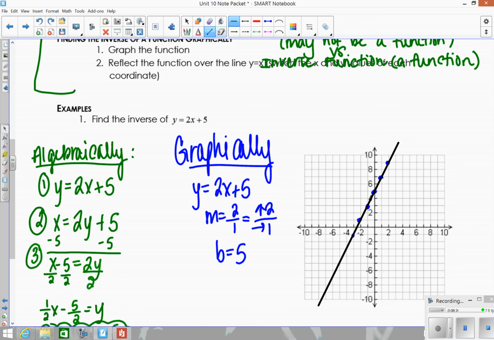So I'm going to put arrows on that, and I'm going to label it so we know that that's the original. So this is y equals 2x plus 5. And now what we're going to do is reflect this function over the line y equals x. So what that means